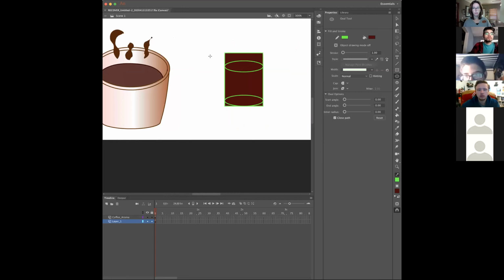This is why drawing mode matters. So when you look down here at the bottom of your panel, you see a box that is the object drawing box. You want that to be off when you're drawing. In your text,